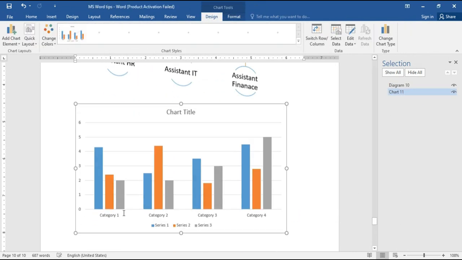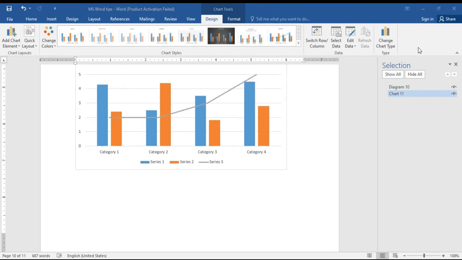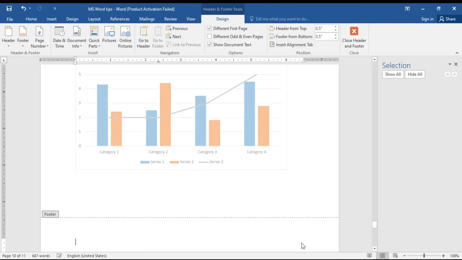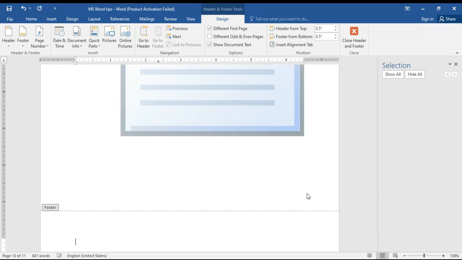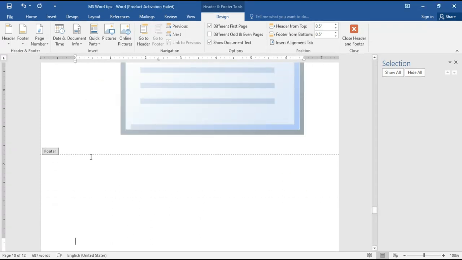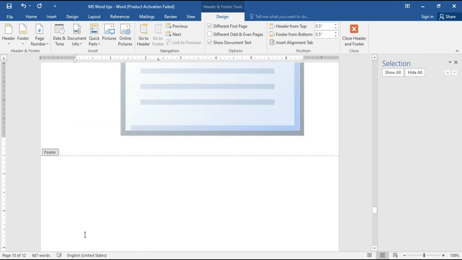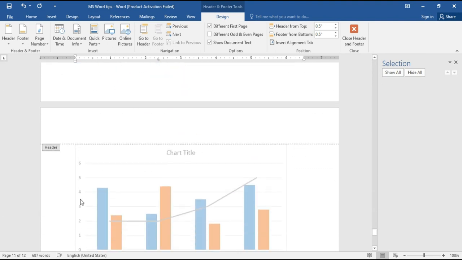So if I click on OK, it will give me a chart here. It gives me a random chart because I didn't give data to it. So you can give data by putting values into this Excel table. So this was all about the bar chart. I don't need the footer right now. I'll move to